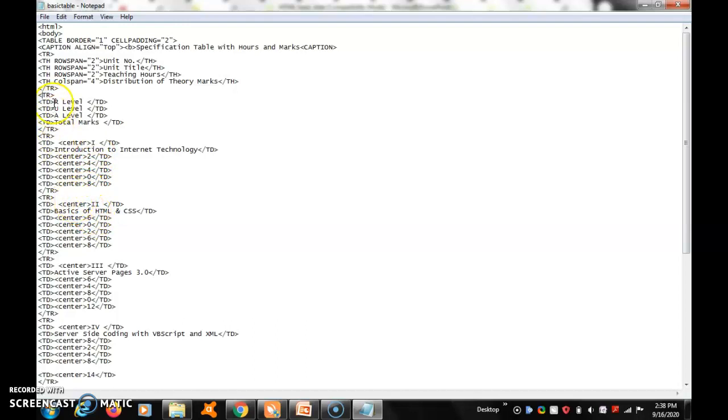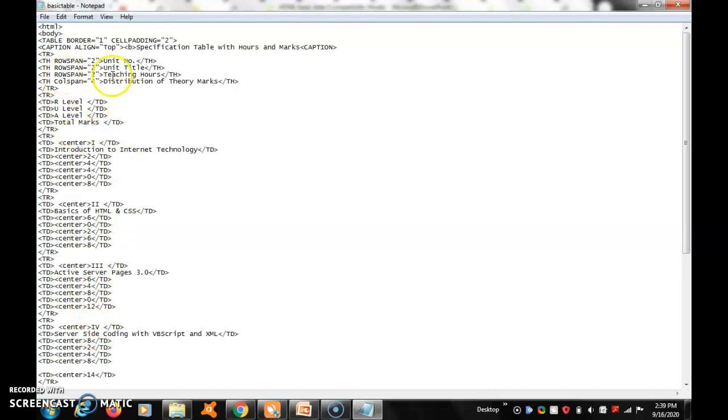So here the table starts like this model only. TR, TD. Here centered 3, here centered 2 unit, 4th unit, 3rd unit. Data, centered data 6, 4, 8, 0, 1 likewise.